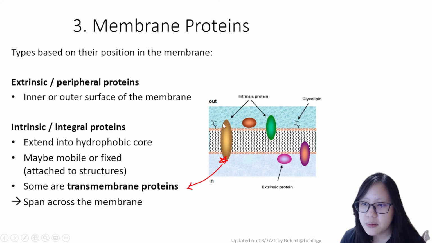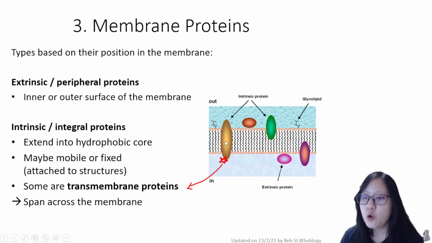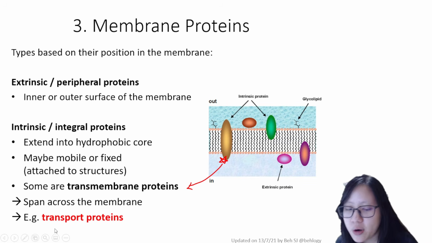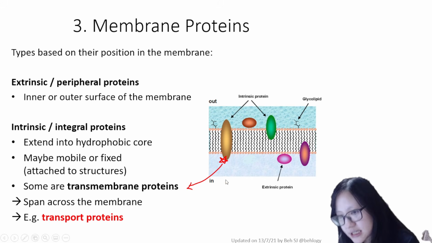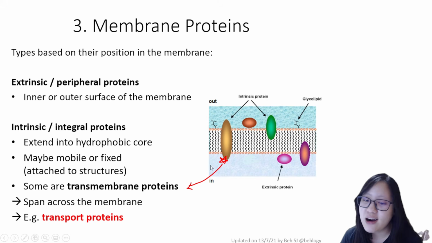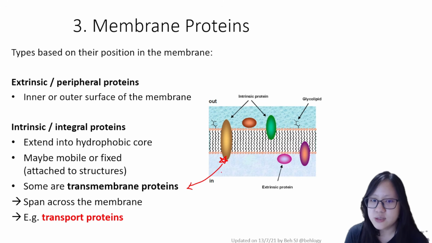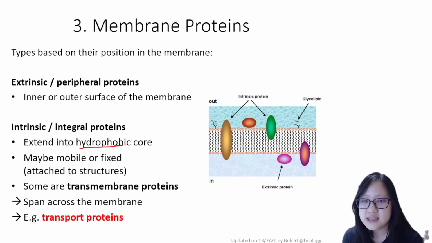So this golden color protein here is an intrinsic protein, which is a transmembrane protein. One example of transmembrane protein you may know is transport proteins. All transport proteins are transmembrane proteins. Now, for all intrinsic proteins, as we said just now, it extends not only on the surface, but extends into